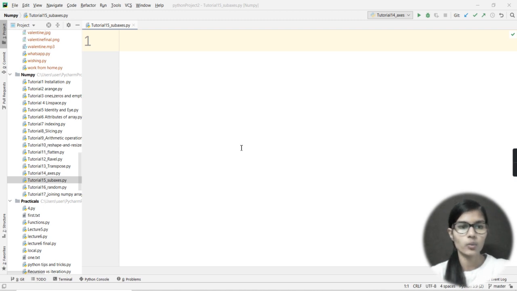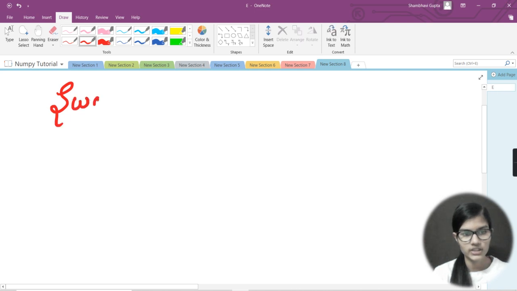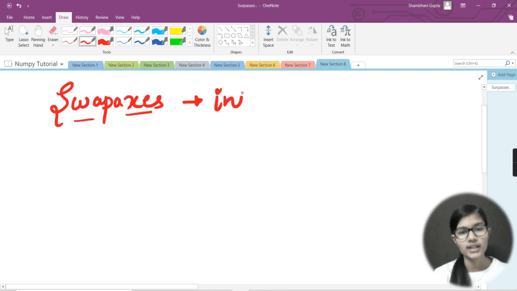Now let's quickly jump onto one node and have a quick look over the syntax and all the things, and we will write the code in the practical. Fine. So for that, let me write and put my heading swap axis. This swap axis is one of the functions which we are going to discuss today. Now basically what it is used for. So basically what it does, it